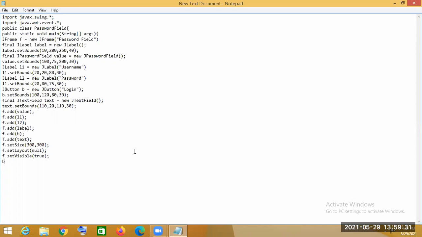So we have to add the button's object to the add action listener.